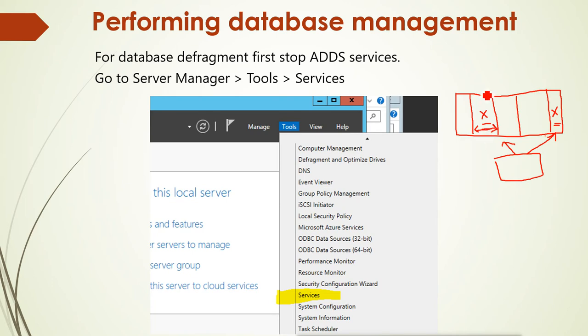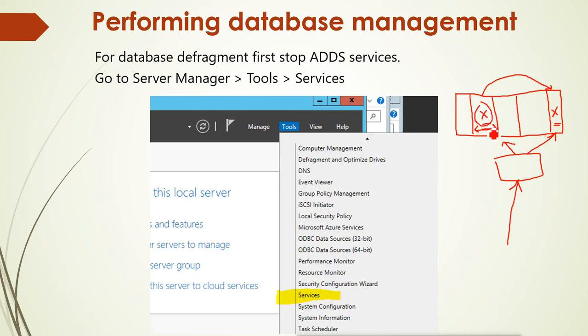Now this can be a problem when we try to retrieve the data. Retrieval will be very slow because it is kept in different physical locations. So we have to do the defragmentation to arrange the data again. When we do the defragmentation, all these chunks are arranged into a single location, so it is easy for the system to collect the data. That is what we do for the hard disk also, and we can do the same for the Active Directory database. This is not a task we do regularly, because we don't regularly add big data into Active Directory, and we don't remove data regularly.